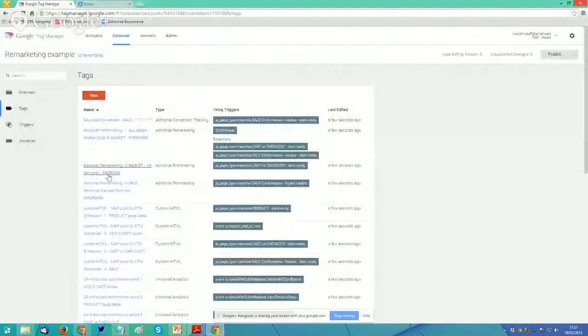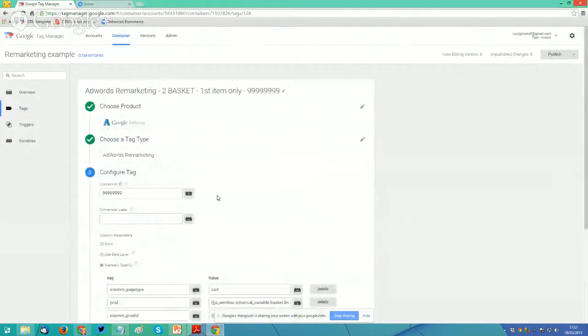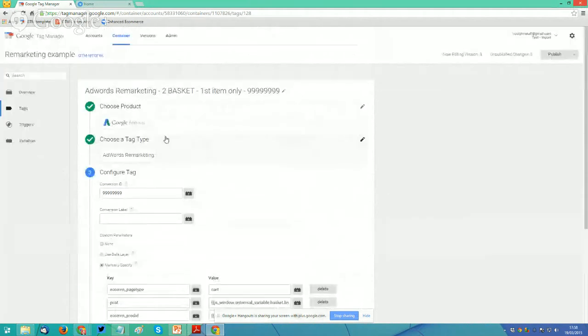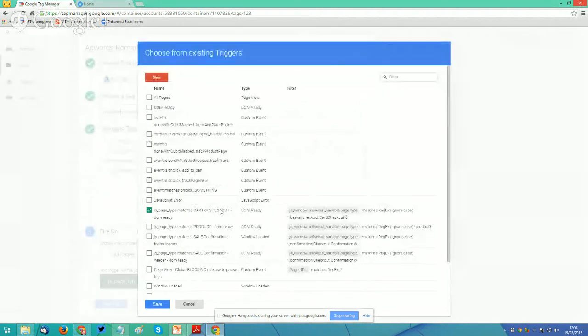So in this one now, it should be that one. And so now it's in edit mode, you can see what's happening. On this particular remarketing tag, this one was firing only on the basket page. So it had a tag down here that says only trigger if the page has a page type. This is a data layer event of basket.